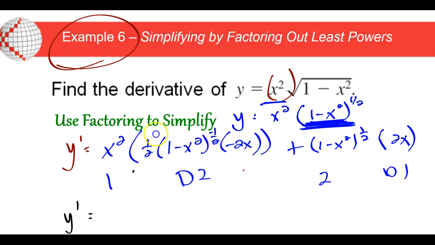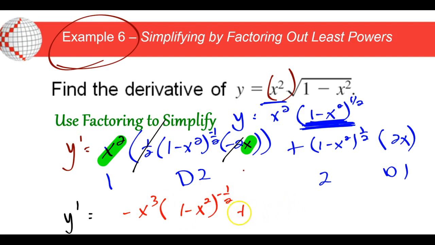And what do I mean by clean up? This is 1/2, and the negative 2, I think clean up pretty good. Well, at least it clears up to a negative 1. And then I've got this x times this, x squared times x, so can I just write this as a negative x cubed times 1 minus x squared to the negative 1/2